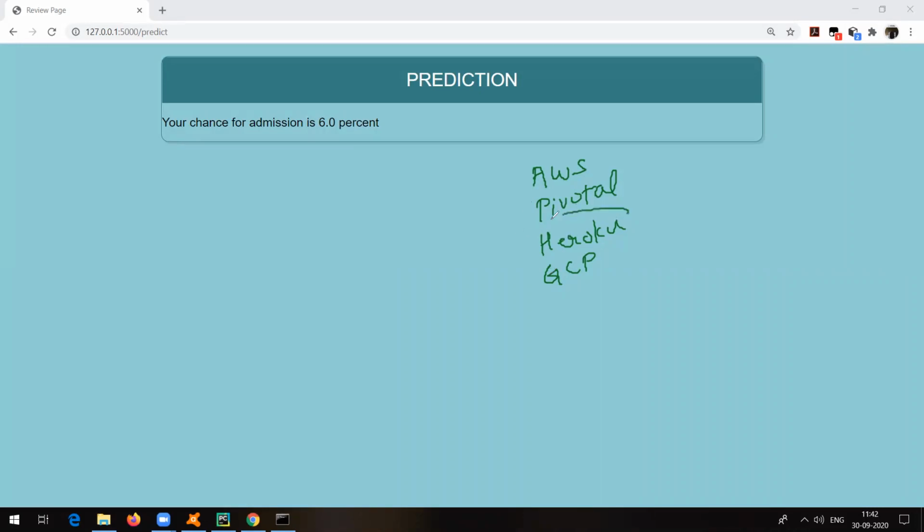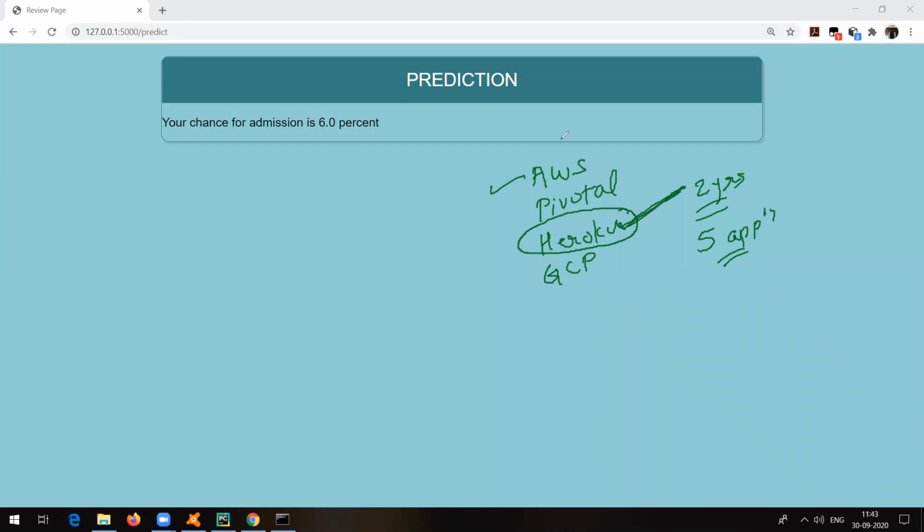So out of this, I am going to deploy this particular application onto Heroku Cloud. Because for AWS you are going to require a credit card or debit card. In this case, to create the account on Heroku, you are not going to require any card, and it is available. It is free for 2 years, and you can deploy at max 5 applications on that.